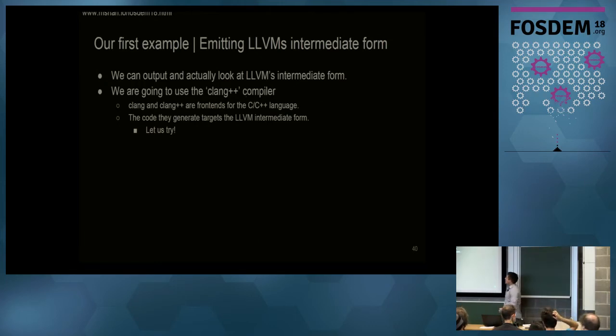Our first example, emitting LLVM's intermediate representation. So I mentioned, this is the important part for the optimizer, not just trying to look at pure C or C++ or whatever code. The compiler that we do this with is the Clang++ compiler, okay, for the C and C++ language. And they can generate code that targets this intermediate representation. So if I try,